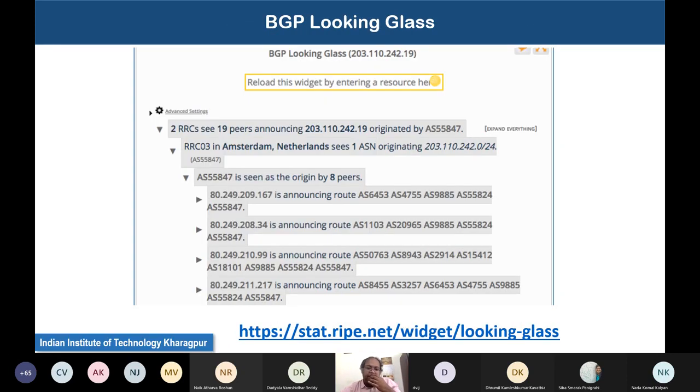Okay, so if you just open this BGP Looking Glass, this particular link, you will see that it will provide you